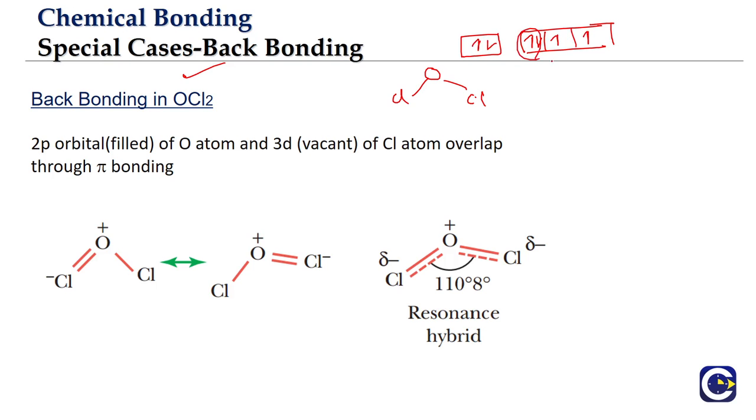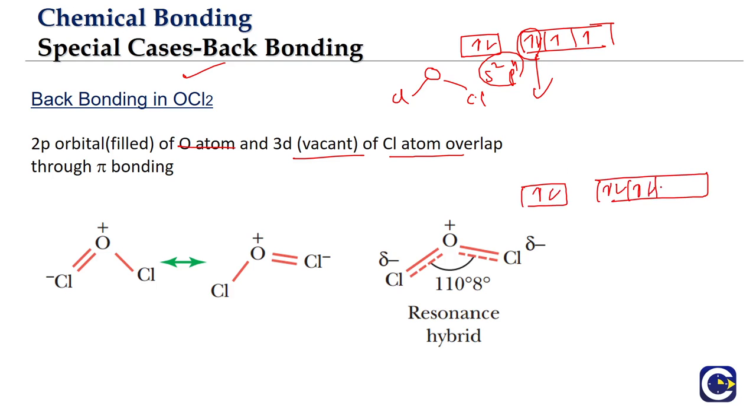So what is the oxygen electronic arrangement? It is what? 2s2 2p4 arrangement, right? The valence arrangement. The electron pair from the filled 2p orbital of the oxygen atom will be bonded to the vacant 3d orbital. Now chlorine, what is it? 3s2 3p5, right? After the bonding, this half filled orbital will get paired, so this is over.